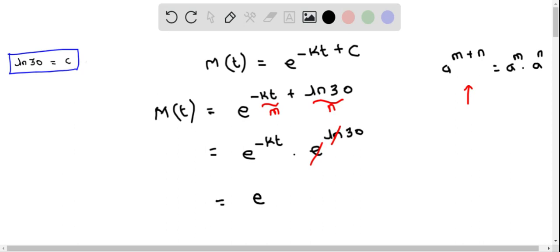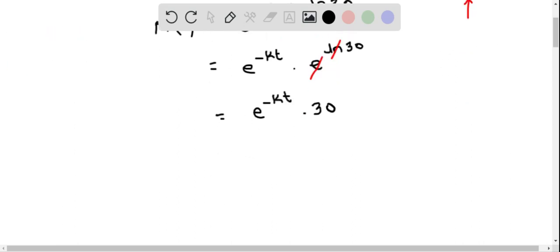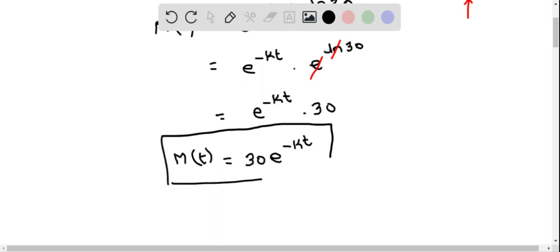This means we can put this as e raised to the power of negative kt times 30, or we can put the constant 30 in front and write it as 30 e raised to the power of negative kt. So this is the final expression which represents m of t. So m of t equals 30 e raised to the power of negative